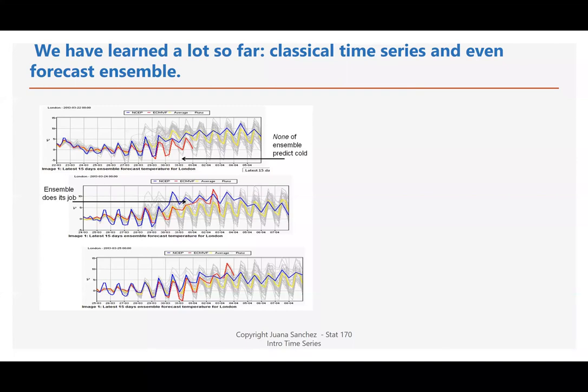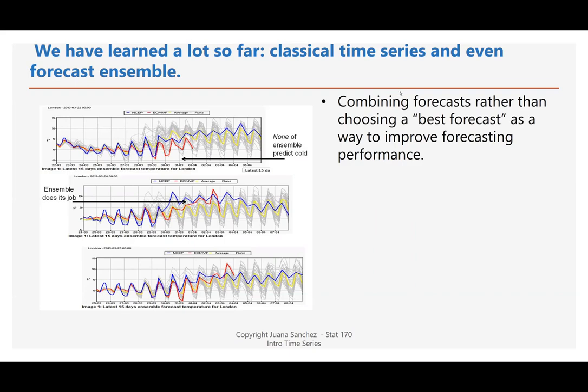And we have also learned to do something that is very popular these days, which is forecast ensemble. In your last homework, you combined the forecasts instead of choosing the best forecast. Remember that in your homework, you had to create a table at the end in which you showed the forecast from each of the methods and the root mean square error of each of the methods. And then you also had to calculate the average forecast